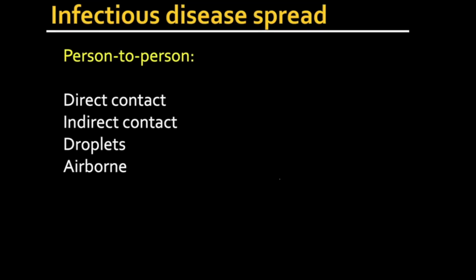Droplets: sneezing, coughing, talking. I bet you guys know somebody who, when they talk, they just spew huge amounts of saliva. And yes, you can become infected by that. And that's why they told us to wear a mask, because COVID is transmitted by respiratory droplets. And then